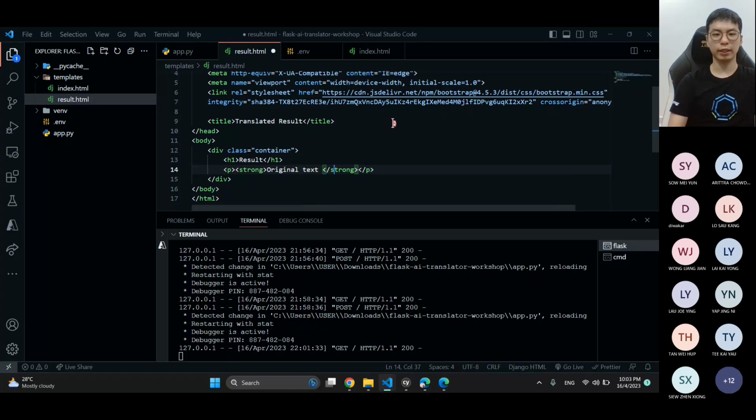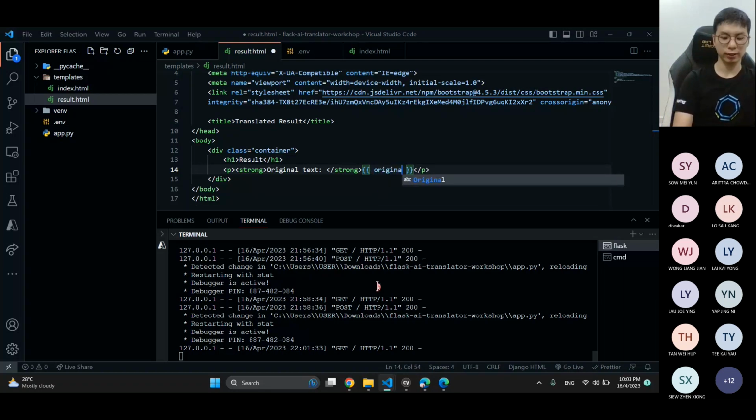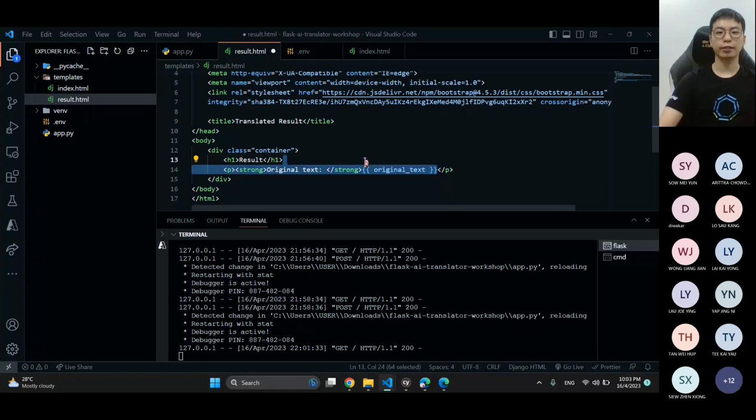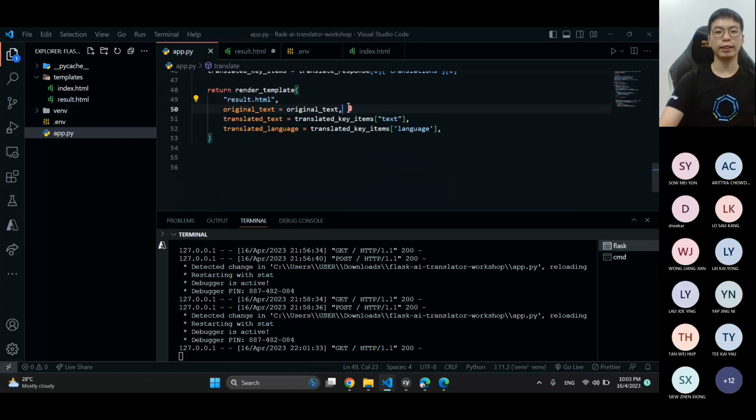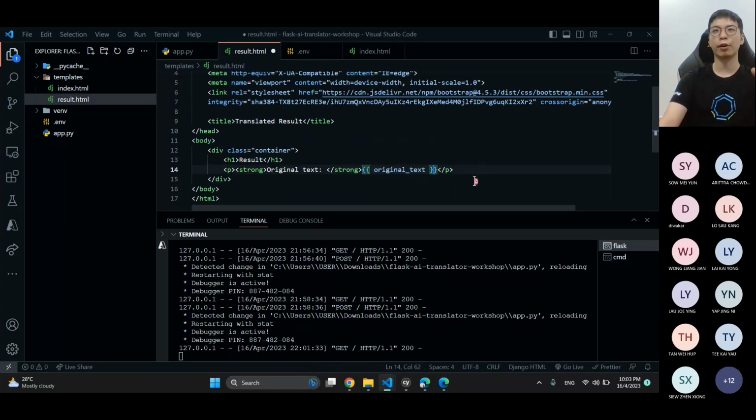Then inside of this, it's supposed to show me the original text that we declared outside just now. Wait, let me explain. Let me type the code first. And you see here, this original text is in this format. Why? Because just now, when we returned it, we actually declared original text that can be placed in our page. So it's different from what a normal HTML file will do, because this is actually